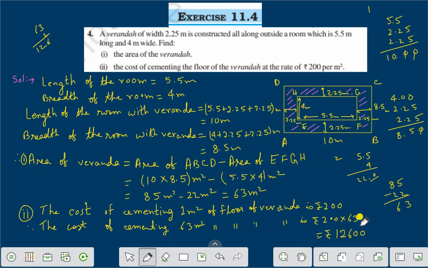First of all, we have to find the area of the veranda, that means area of ABCD minus area of EFGH, that comes to 63 meter square. The cost of cementing 1 meter square of floor of veranda is rupees 200. Therefore, the cost of cementing 63 meter square of floor of the veranda is 200 into 63, that comes to